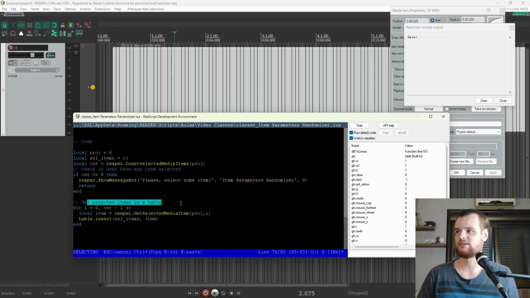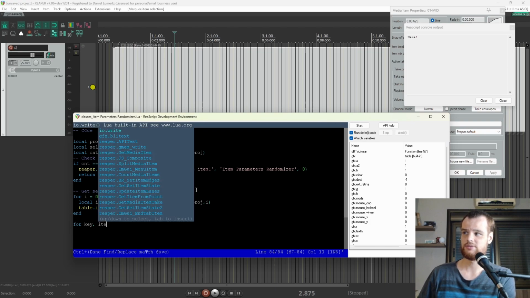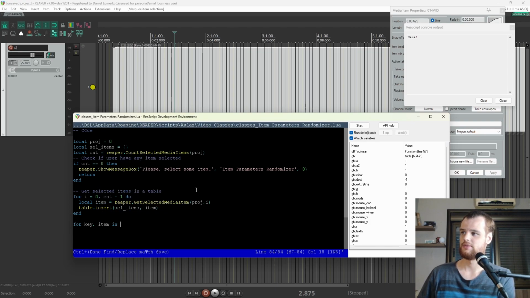So, get selected items in a table. Now we have our table of selected items. And now we're going to iterate this table using ipairs because it is in integer order. So for key and item in ipairs, and we say which table, which is cell items, do,